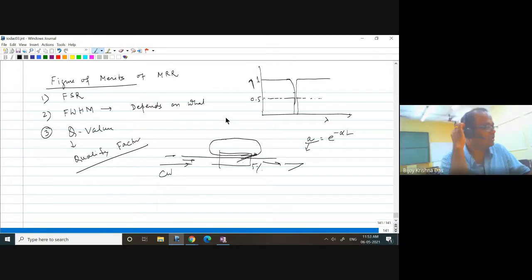Oh, my question is not clear, right? I am saying that I know that the resonant wavelength, lambda m plus 1, will be stored here, and at resonance that will be missing in the throughput, right? Now I know that continuously I am launching at lambda m, CW, continuous wave. I have just chosen one resonant wavelength, and some laser is emitting that particular wavelength, and I am launching it continuously. And I know that I am continuously feeding power here, but that is missing at the output.